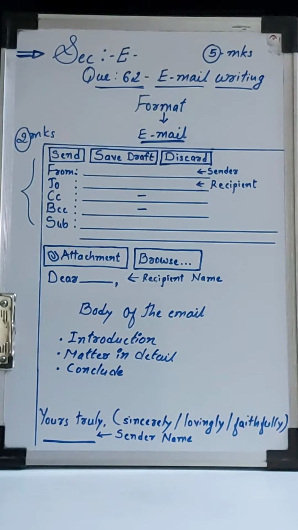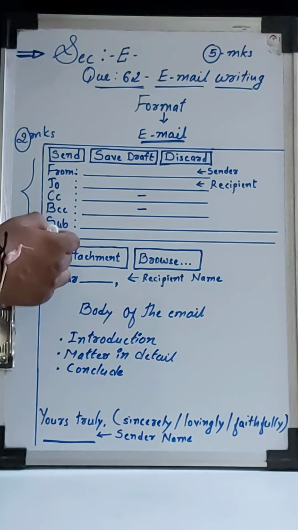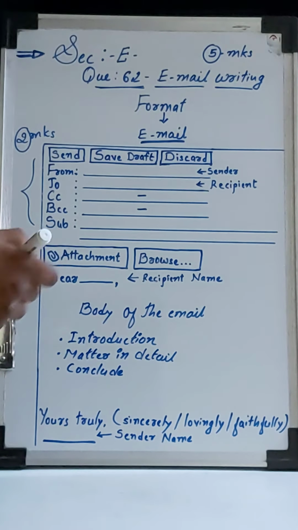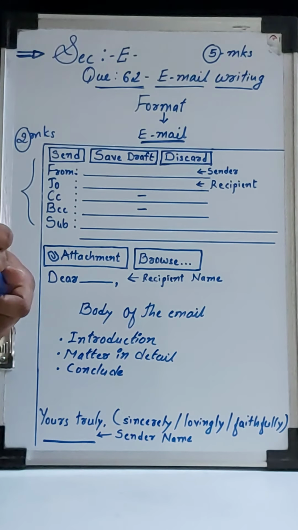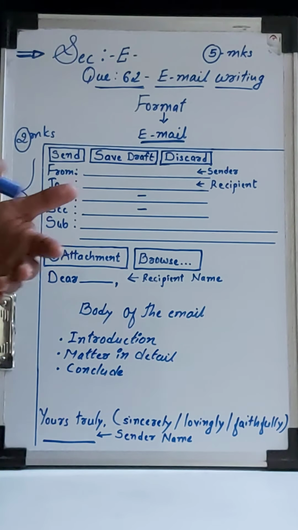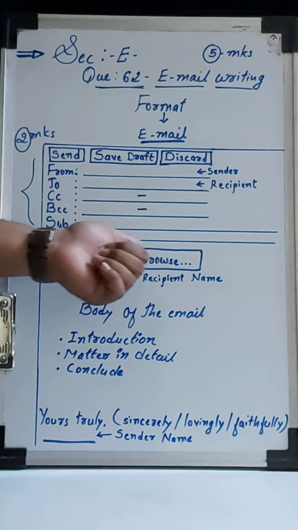Now let's come to the other point. Students, if we go further, we can see I have made a logo for attachment and also I have drawn Browse. These two things again are not mandatory, but yes, if you do write them with the logo, attachment and browse, again you'll have a good impression. Well students, as you know, in an email we generally attach photographs, documents, videos, etc. So why don't we put here the logo with attachment and the browse?